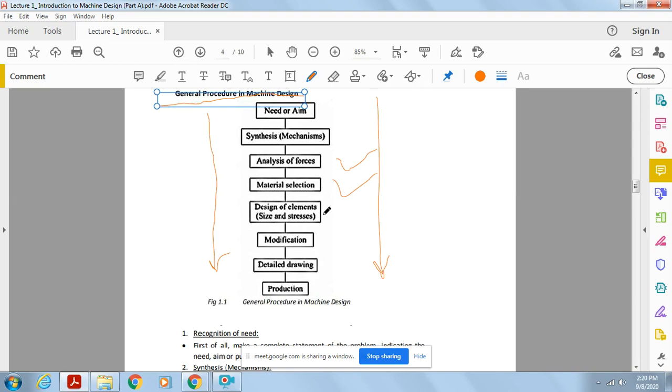Design means size and stress. Size means its overall dimensions, what its size will be. If you create a very jumbo size, the public will not follow it. As you know, in the modern electronic industry, the size of electronic chips and microprocessors is reducing at a very rapid rate. People now want very small microprocessors, so electronic part sizes are gradually reducing. This is as per public demand.